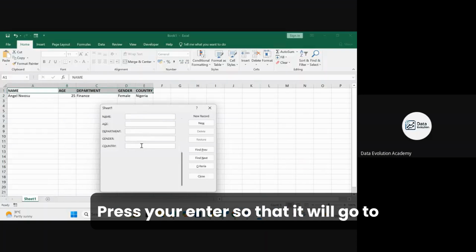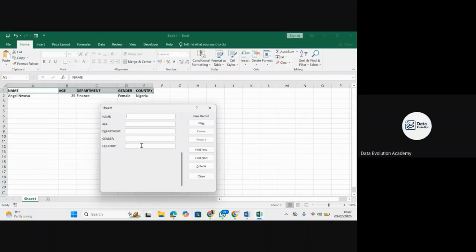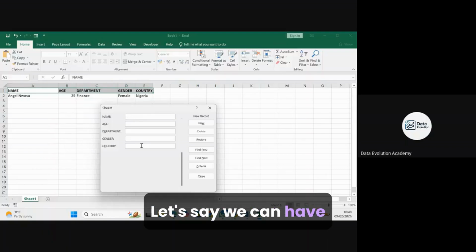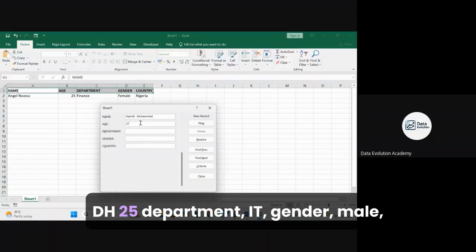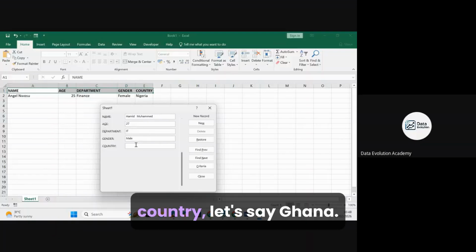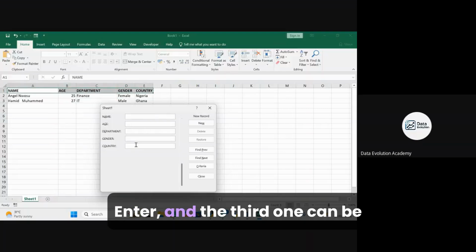Press your enter so that it will go to another record. Let's say we can have age 25, department IT, gender male, country, let's say Ghana. Enter. And the third one can be